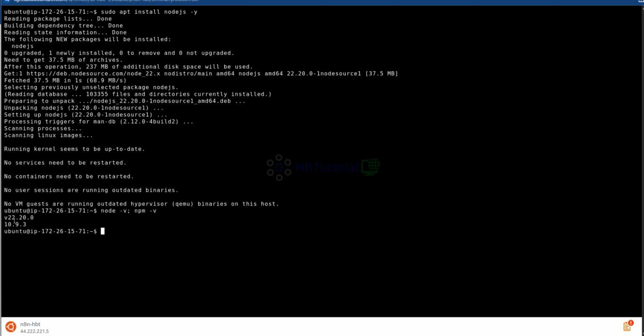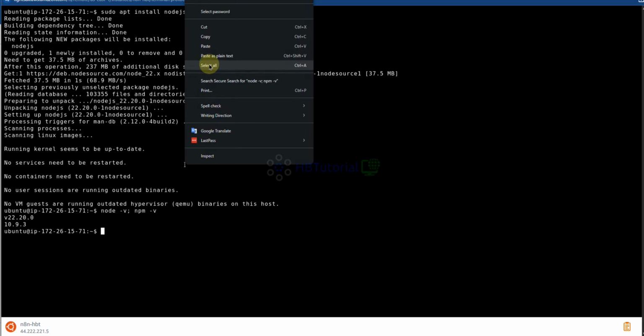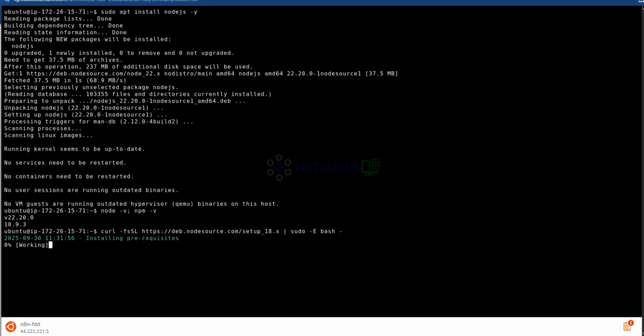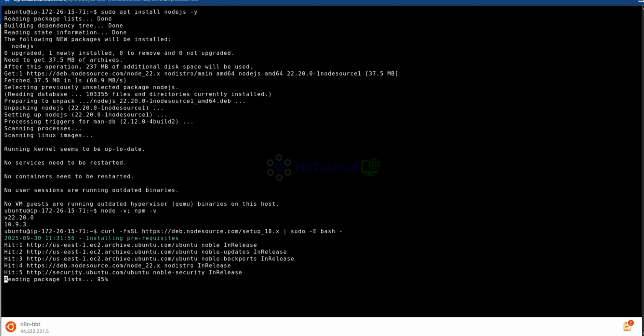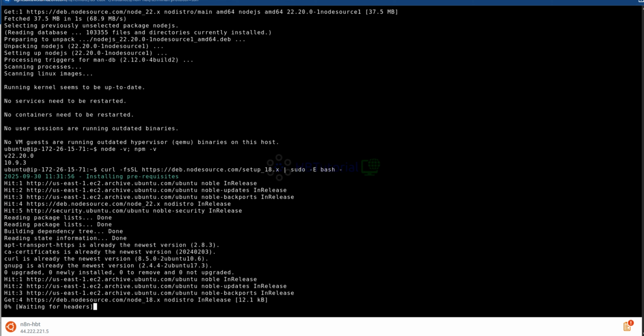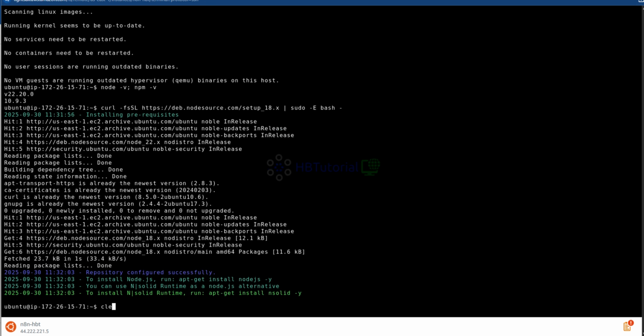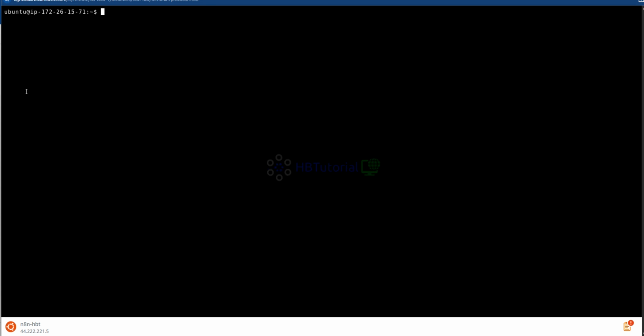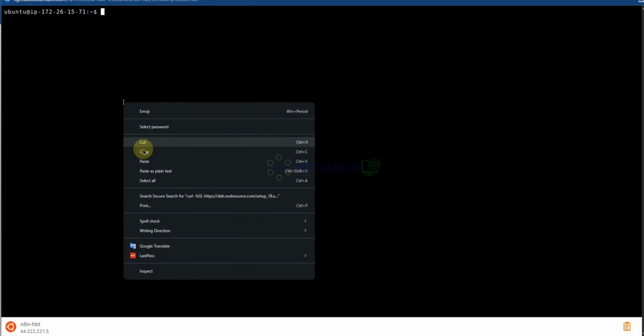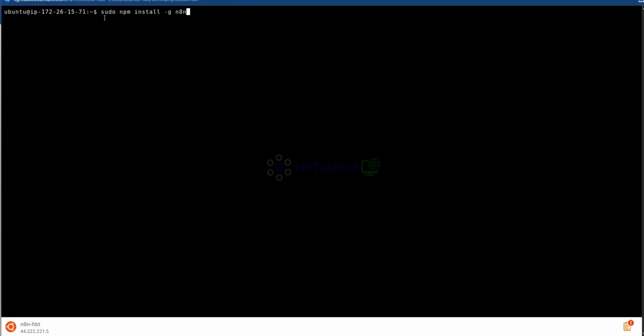Okay, we need to run this command again. Enter. Gonna clear. And then we're going to start the installation of n8n. So sudo npm install -g n8n.